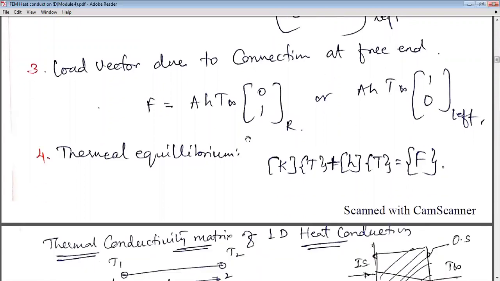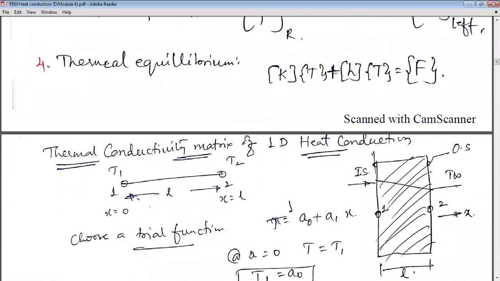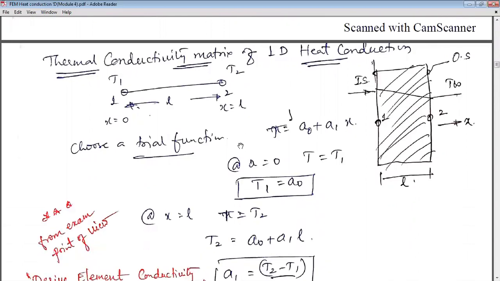Now coming back to a very frequently asked question in many question papers: derive the thermal conductivity matrix of a 1D heat conduction element. It is synonymous with a very important question you observe in structural problems: derive the structural stiffness matrix for a 1D bar element. So your bar element is replaced by 1D heat conduction. It is not the stiffness matrix, it is the thermal conductivity. This is often asked in module 4, for 8 marks or 6 marks, in previous question papers.